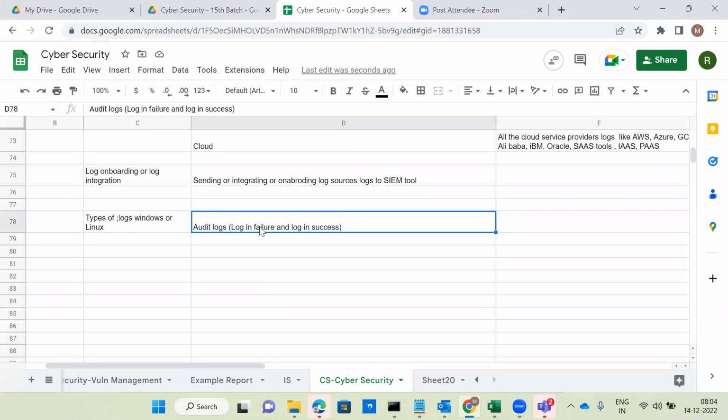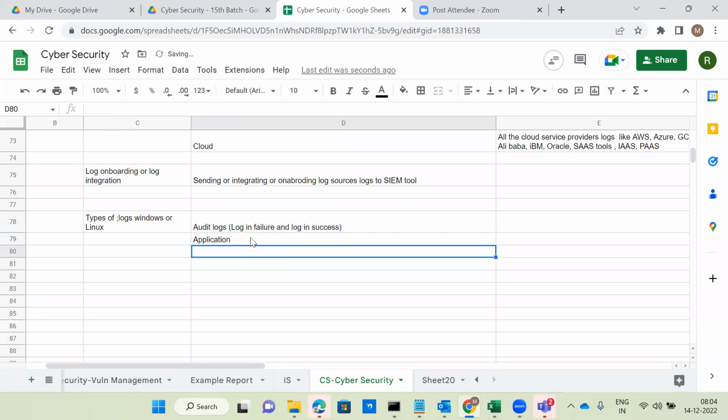This is not only applicable to Windows or Linux, it is applicable to every application and every tool as well. For example, on a firewall, antivirus or EDR, if you forgot the password, some auditing related logs will be generated in the backend. And also on success, when you successfully log into the tool, the backend records the date and time that this person logged into the firewall, proxy or SIEM tool, and so on. So: login failures and login success.